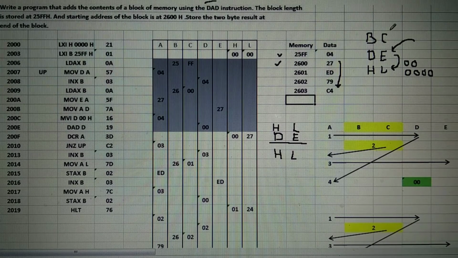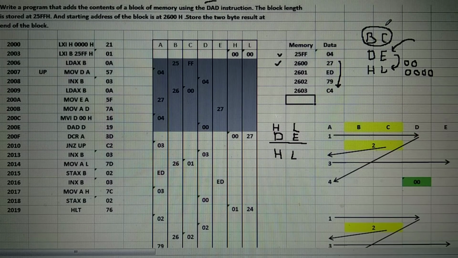The only register pair remaining to point to the memory location is BC. That means you have to use register pair BC to point to the memory location. Now let's go for the program.